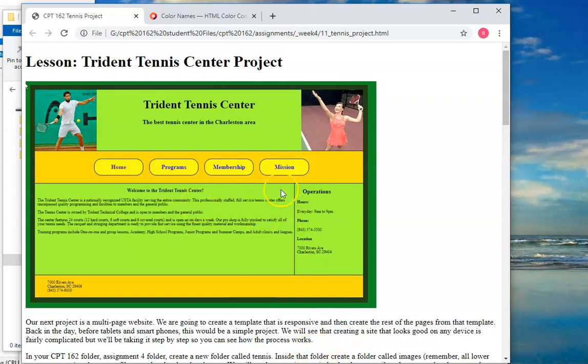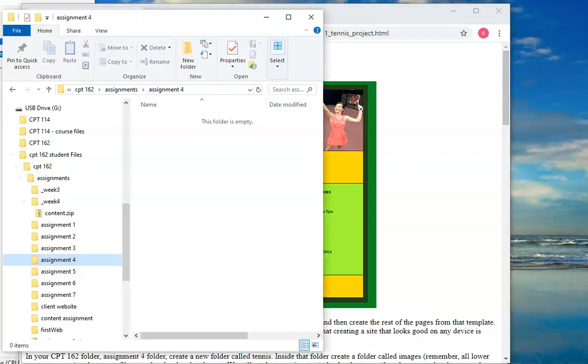All right, so we're going to be creating this website, and this website is going to have 4 pages to it, and this is how it's going to look when we get done. So the first thing we have to do is set up the structure, which means we need to go into